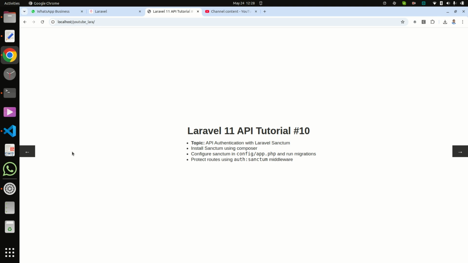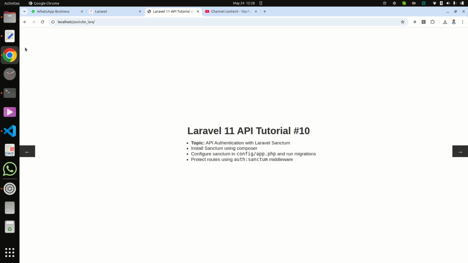In this series of Laravel API, this is tutorial 10, and today we will discuss API authentication with Laravel Sanctum. First we check whether Laravel Sanctum is available or not.